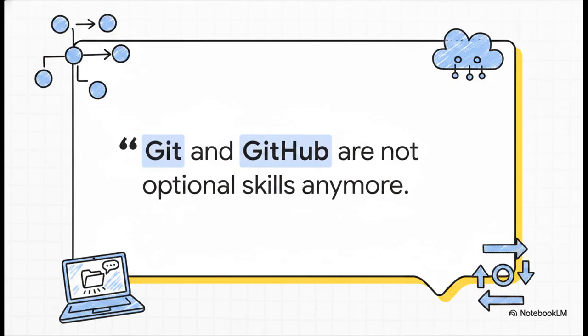We're leaving off today with an absolute, undeniable truth. Git and GitHub are not optional skills anymore. They are essential tools for every single developer out there. Mastering this workflow is going to save you countless headaches and make your entire coding journey immensely smoother. So my final question for you is this. If your dream job requires proof that you can collaborate on a massive scale, what project are you going to commit to your new GitHub